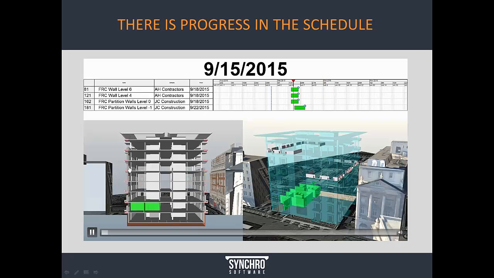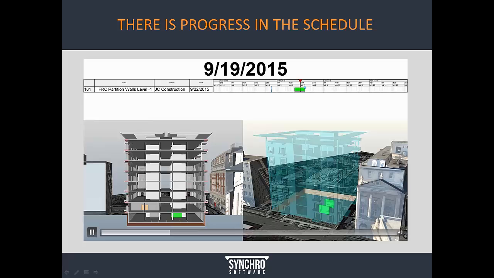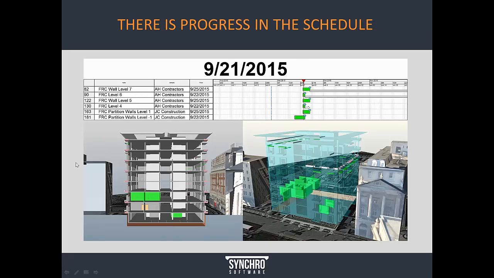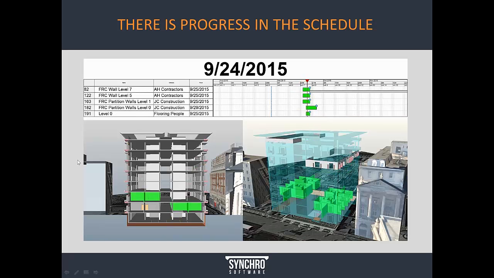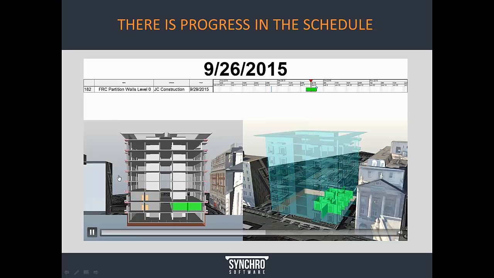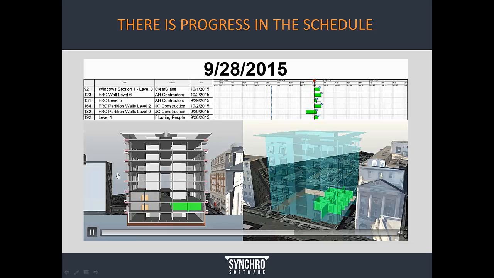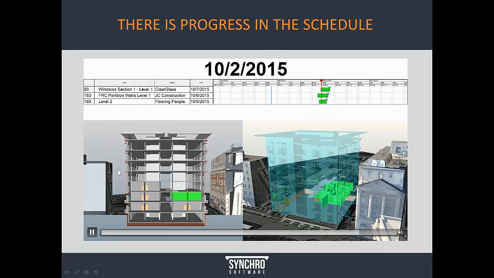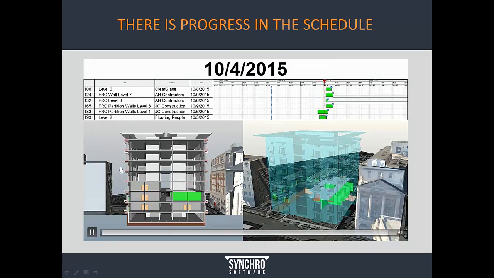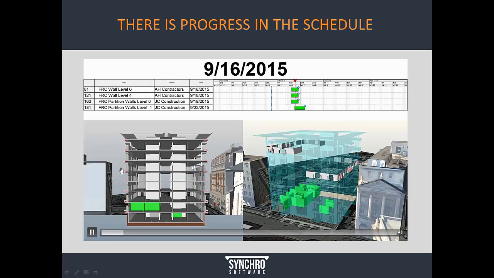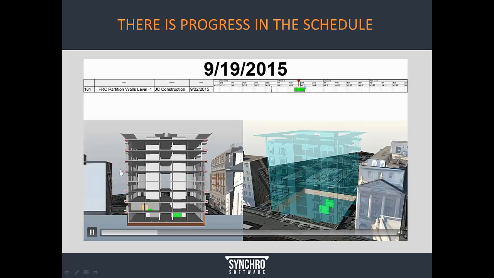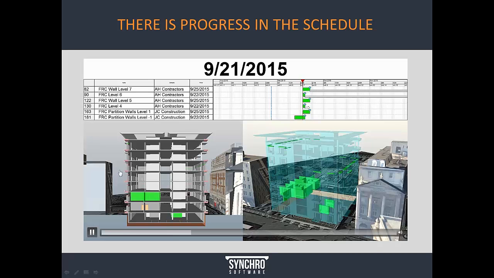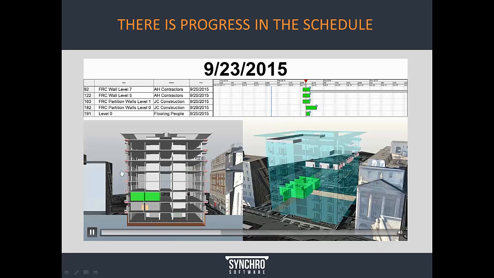It's very difficult to update the status of activity, the status of progress in a schedule on a complex project. These tools enable you to do this more intuitively and more productively so that progress tracking in the schedule in the 4D environment can be done. It's actually doable now, and it's a very effective way to accurately track progress in the schedule.